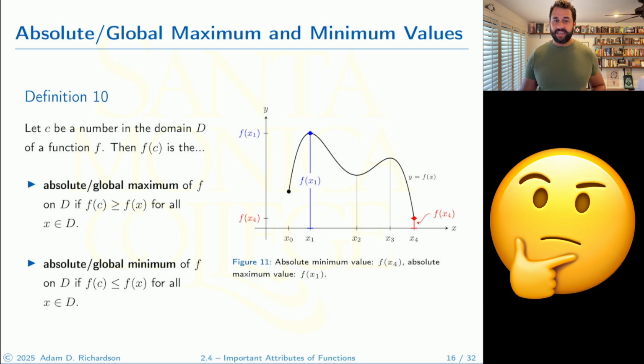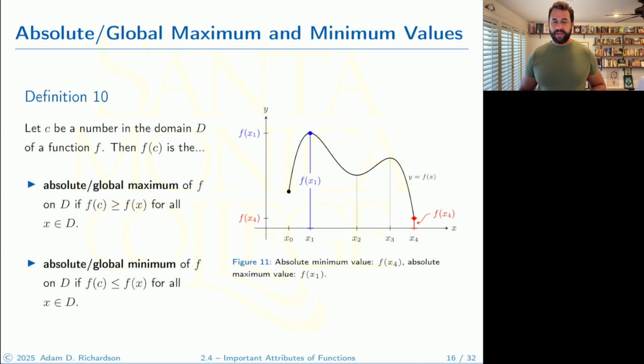I know it's kind of a lot to take in, right? Now let's compare that to the global minimum. This value here is the absolute or global minimum value of f on the domain if f of c is less than or equal to f of x for all x in the domain. So what we are really saying here is literally the highest value that f can achieve and the lowest value